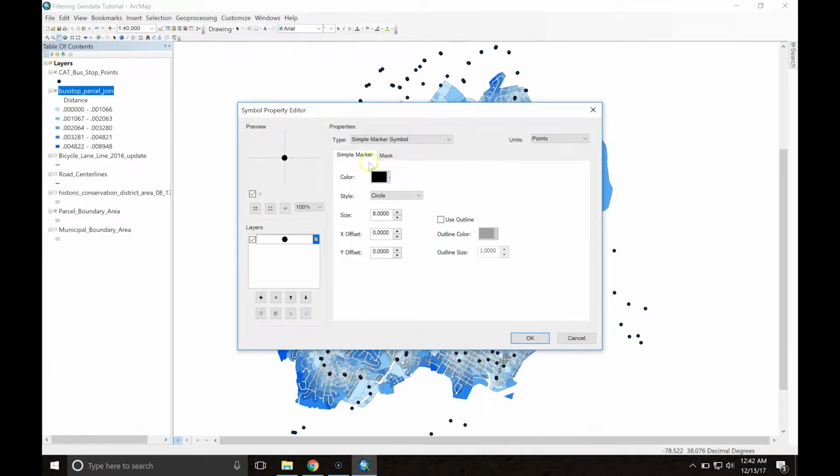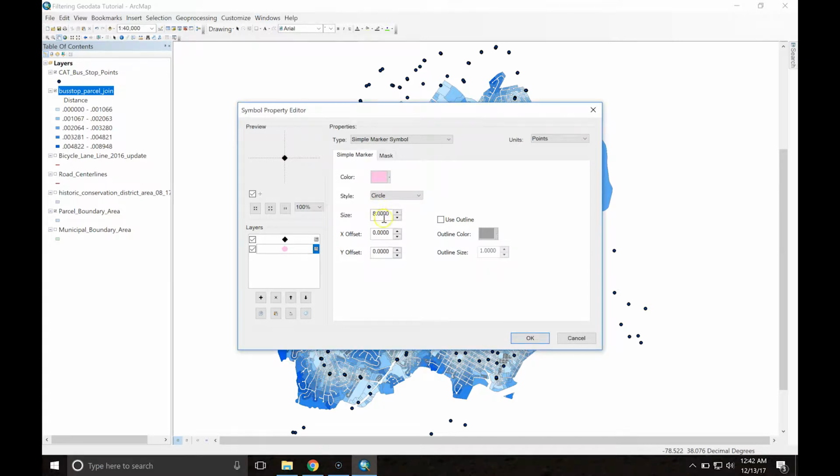So we have a number of options here. The first thing you can do is just a very simple marker. So you can come down here and we could do a circle, a square, a diamond, something like that. You can also add layers here. So let's say we have a diamond, but then we want to add a circle. We'll actually use these arrows, and we'll drop this down underneath it, and we'll have a little